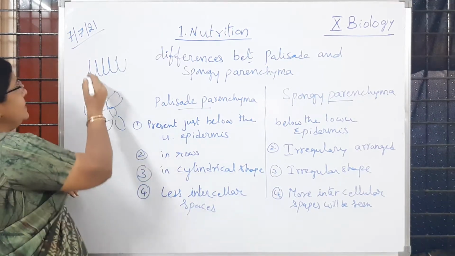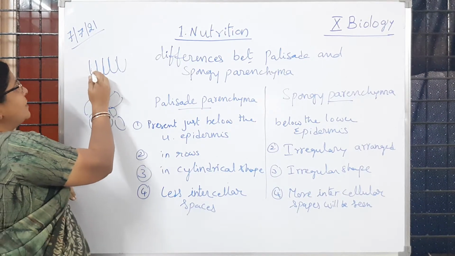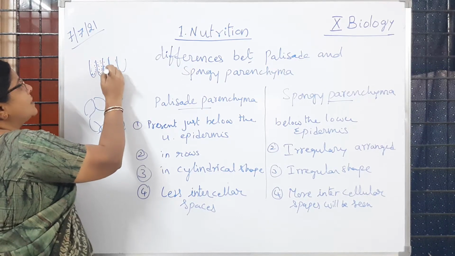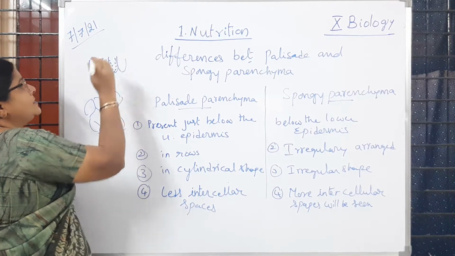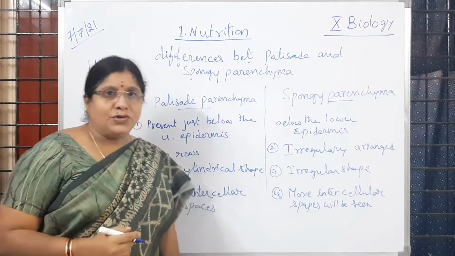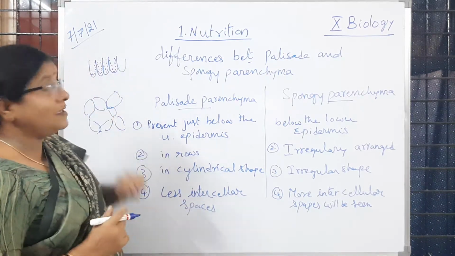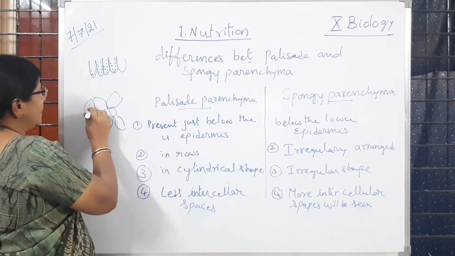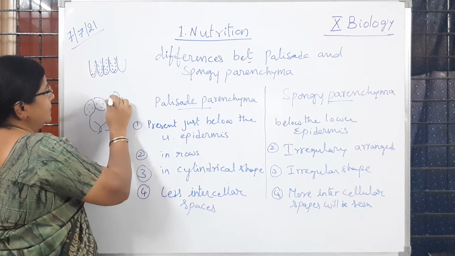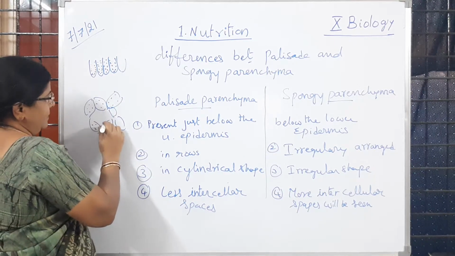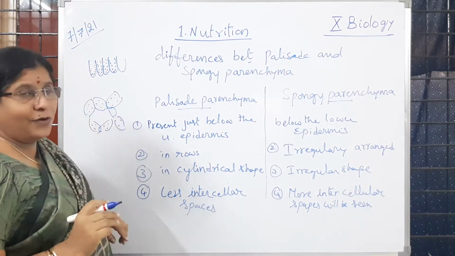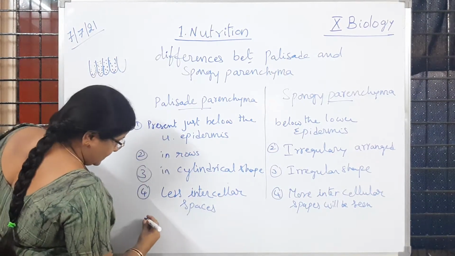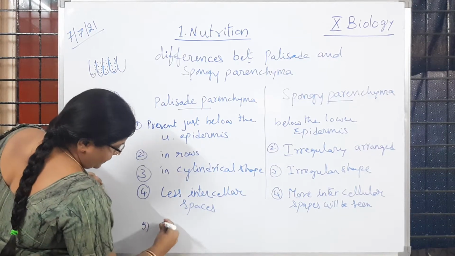In this you are going to observe a large number of dots. What are those dots representing? These dots are cell organelles, which are facilitating the process of photosynthesis. Which cell organelle, children? That is the chloroplast, is it not? Here also you are observing the chloroplast, but the number is less. I hope you understood. Here more number of chloroplasts are observed.